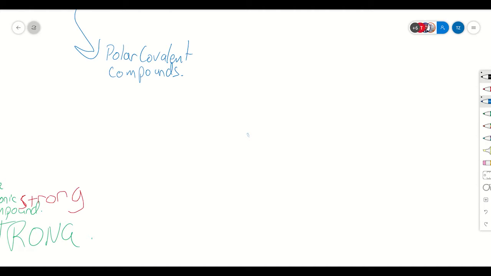So when we have a polar covalent compound, these ones have a pretty similar difference between them. So there's not heaps of difference like with an ionic, but we still have a bit of a difference between them. So can I find some numbers to be able to show? That will do. Okay, so with the polar covalent,